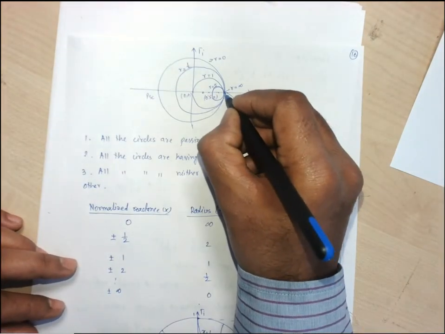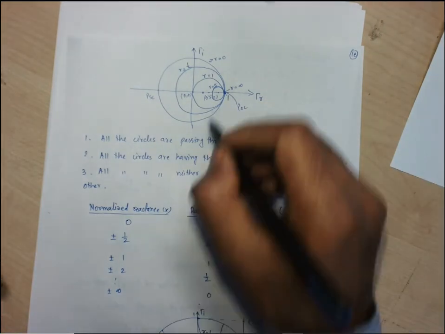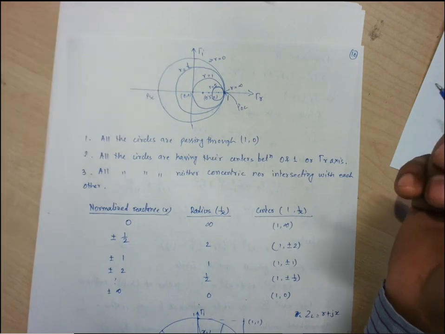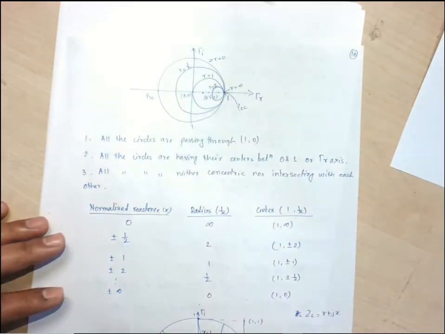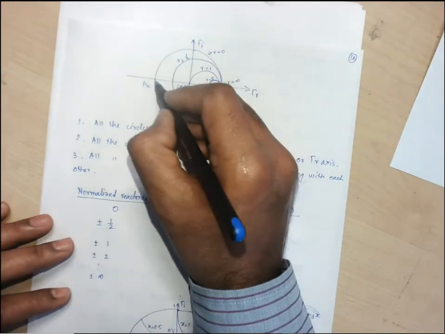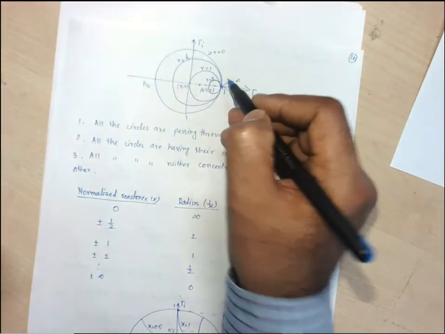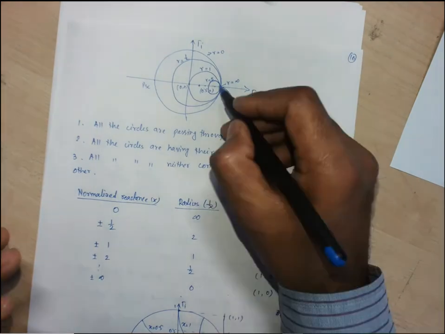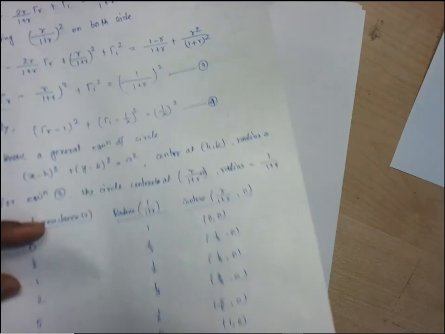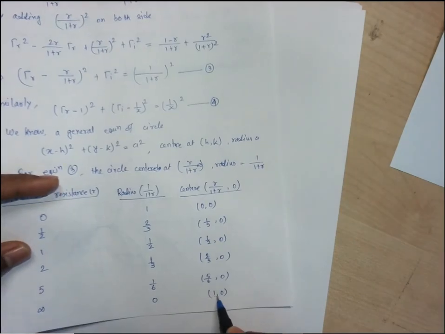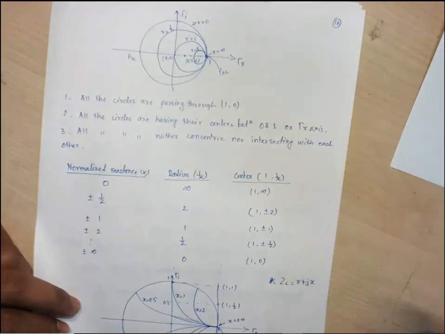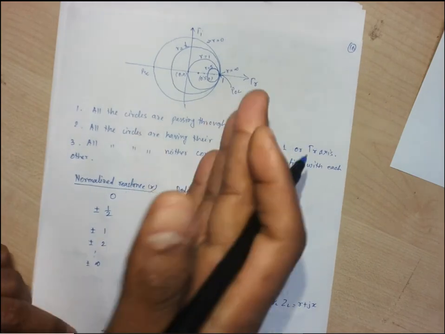But we can't say this other point is a short circuit, because on this point one circle exists, but on that point there is no circle. This circle goes through this point. So this point has the maximum radius of 1. This side also has the maximum radius of 1, but we can't call this point the short circuit point, because here we have a circle centered at 1 comma 0, which is not centered at minus 1 comma 0. It is centered at 1 comma 0. So that's why the right hand side point is always the open circuit point, and the left hand side point is the short circuit point.